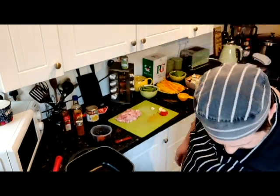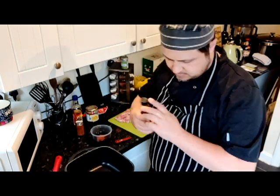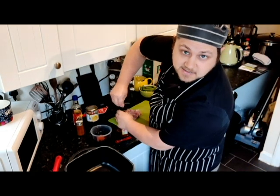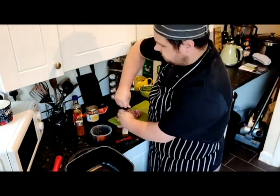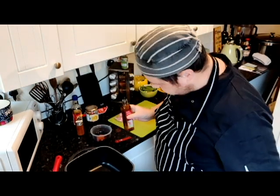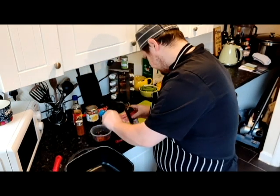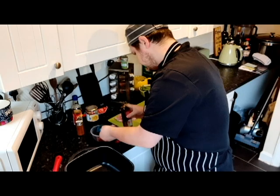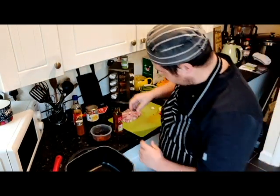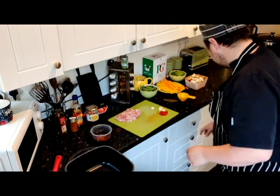Lastly, we want 1 whole teaspoon of chili oil in there. You can tell I bought this specially for today because it's still sealed. Lovely. Right. Now, at this stage, you want to be putting in the garlic,